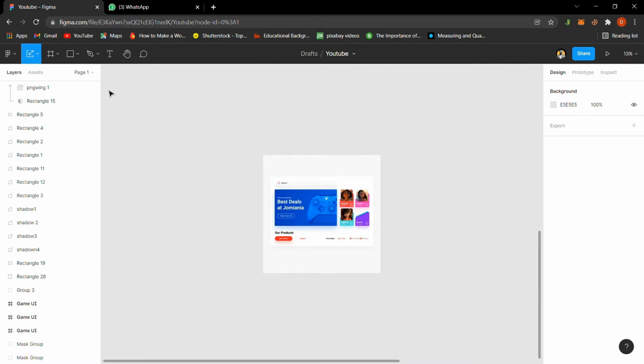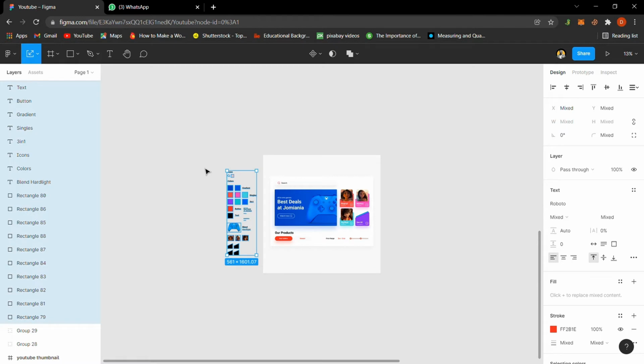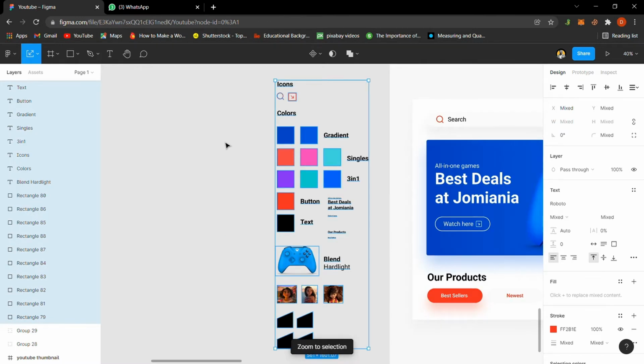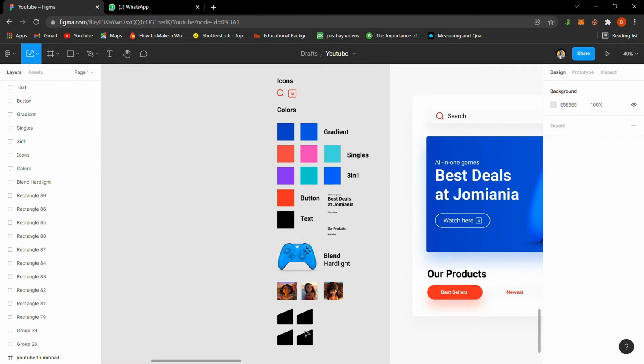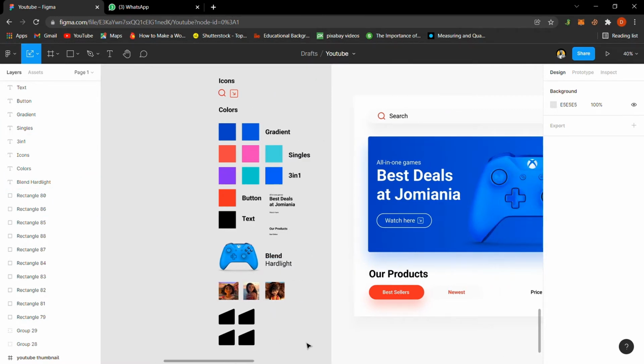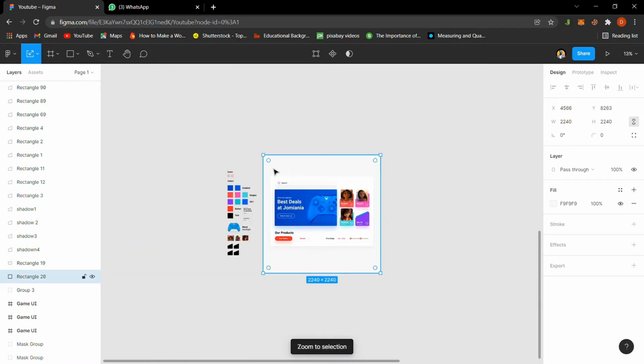Alright, so I have my setup here as usual. I have created some assets which I'll be using for these tutorials, from icons to colors, gradients, and images rather, and then the blend modes I've used for this particular design. So let's get to it. So I just move this aside,